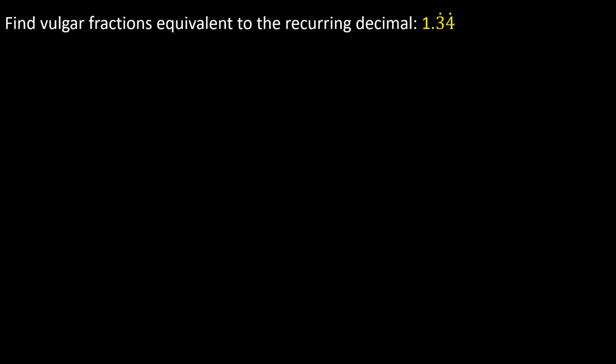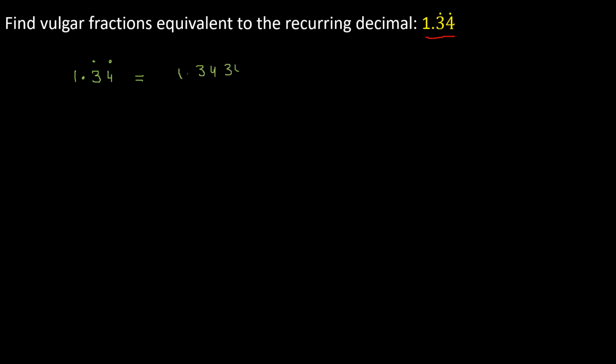So here is the first problem, which says: find the fraction equivalent to the recurring decimal. So this is a recurring decimal, and we have to find the fraction that will be equivalent to this whole decimal. And actually, what does this mean? This is here 1, and this dot shows that these values are repeating. Recurring means a repeated decimal. So it will be like